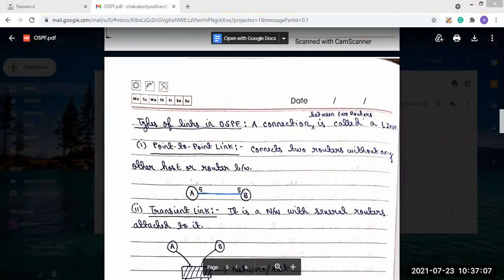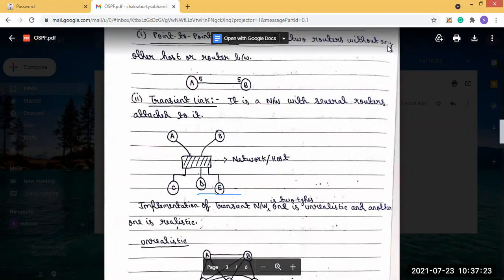Next is the transient link. Now, what is a transient link? It is a network with several routers attached to it. That means there will be a network present, and in this network several routers are connected.